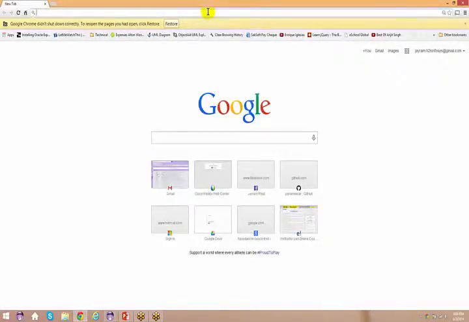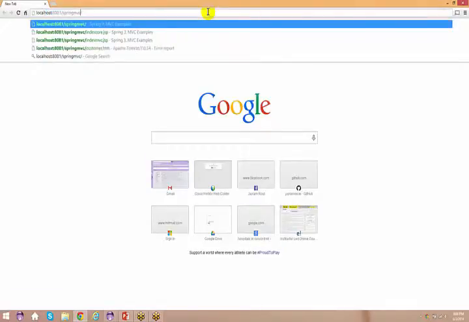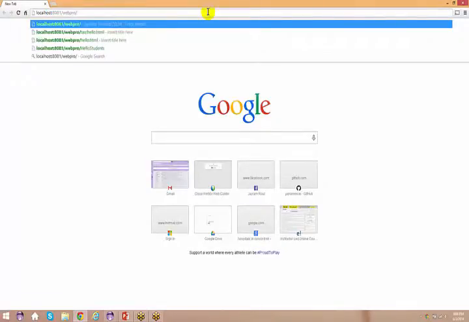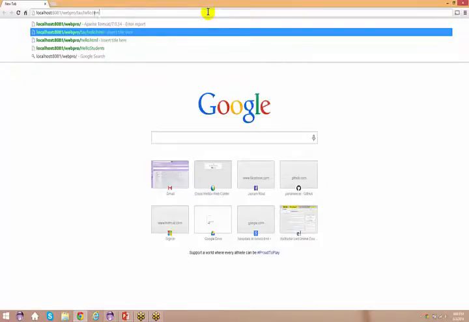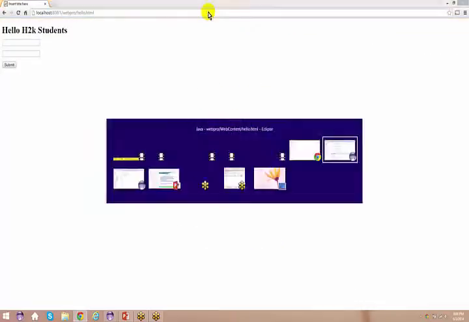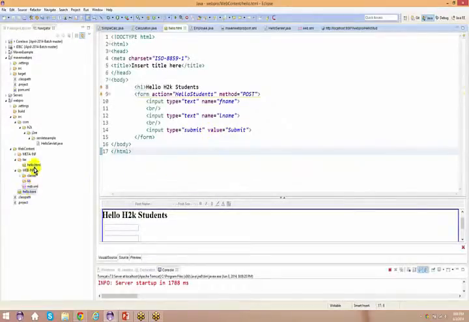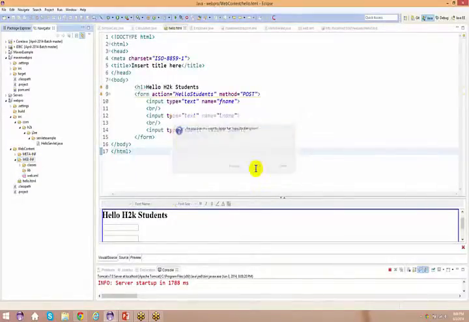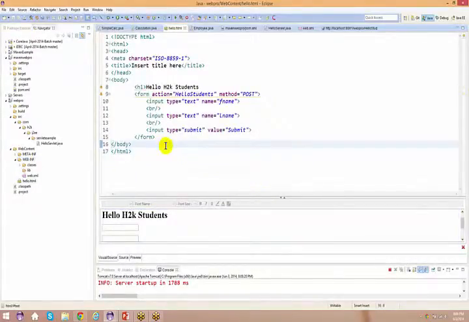Okay, so how do we access that? Localhost 8081 and web pro, and you have your hello.html. Okay, so if I just remove this, hello.html. Okay, now I hope I have this. Okay, I'm not accessing this one. Let me even remove this. All right, I haven't checked in the file yet.